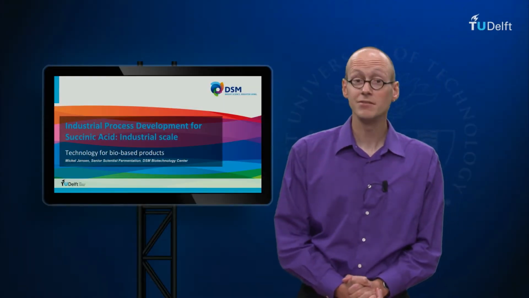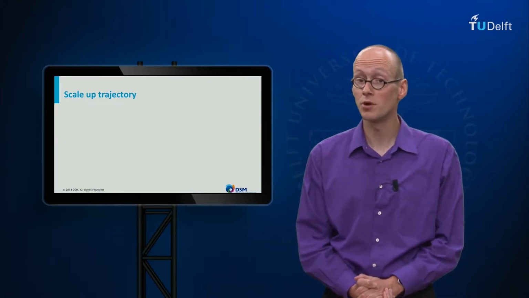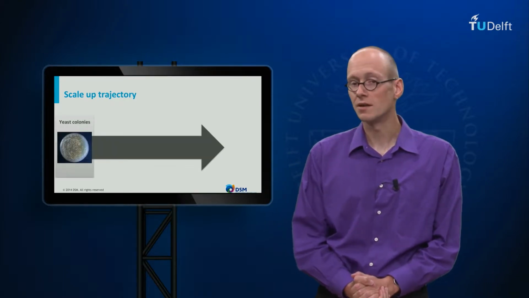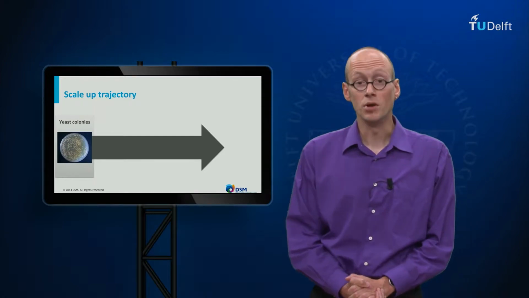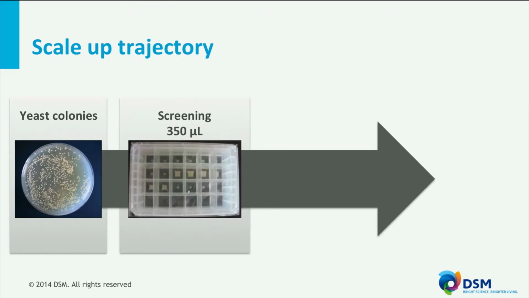Welcome back. Having done the theoretical process calculations, I will now show you how we implemented the process in practice, from lab to plant. First, the yeast had to be genetically modified to be able to produce sufficient succinic acid. A metabolic pathway was introduced to establish the highest possible yield. After a quality check, if the pathway was successfully integrated, we did a first production test on a micro titer plate with limited control on the fermentation conditions.